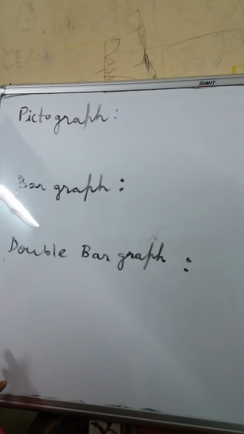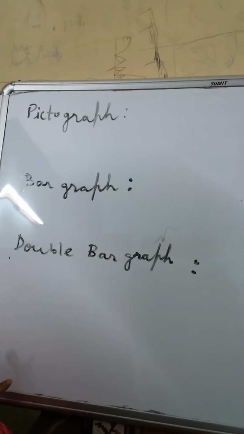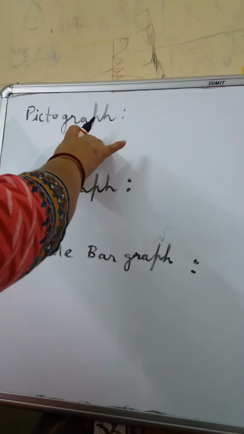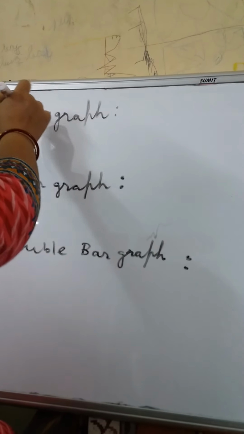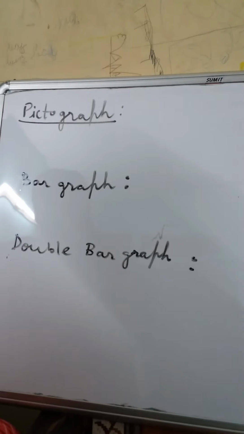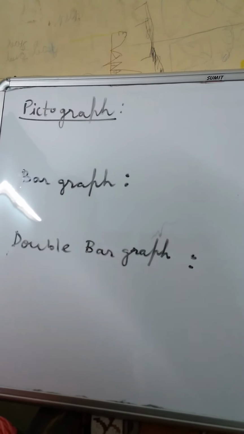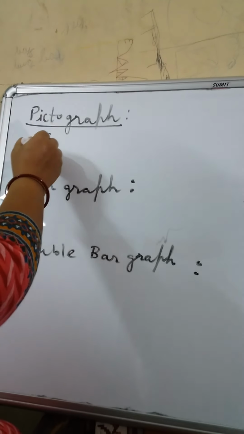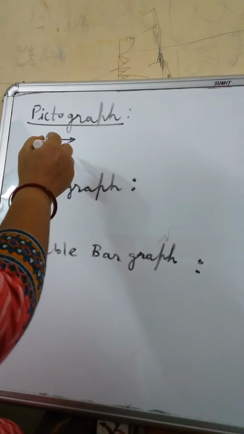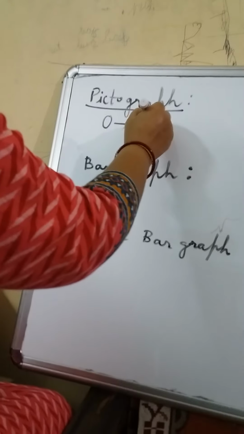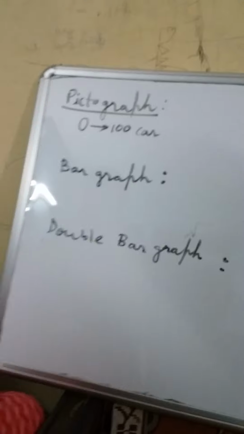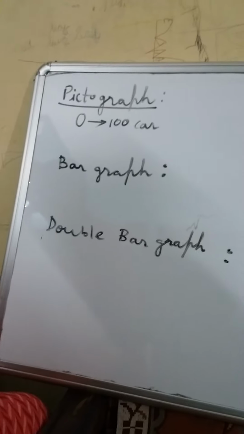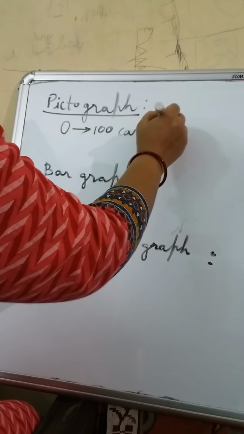Do you remember the different types of graphs which we have learned in earlier classes? First, we have learned the pictograph. This pictograph is a pictorial representation of data using symbols. If you remember, if I say this symbol means 100 cars, now if I have to represent the production of cars in a factory, say in the month of July,